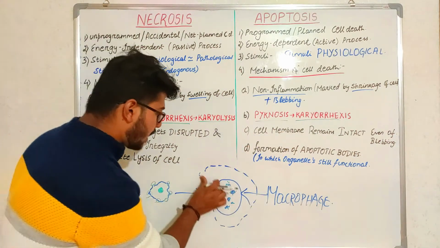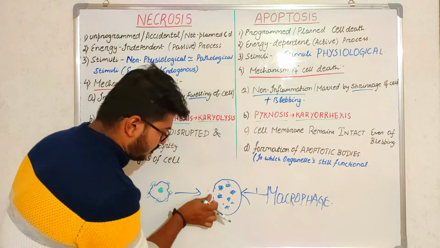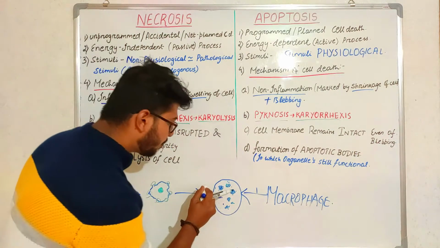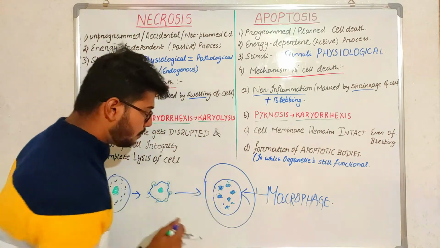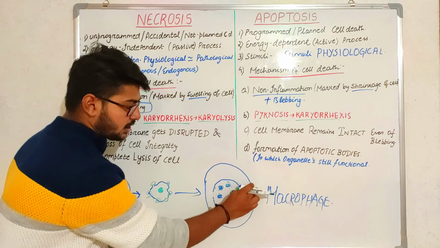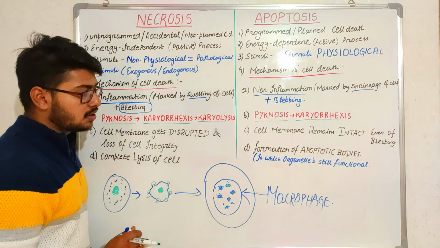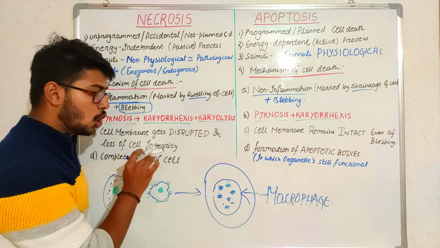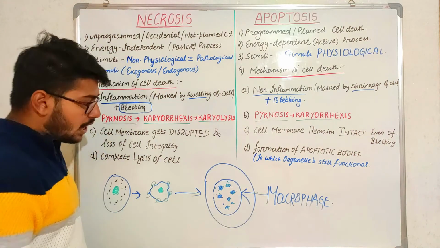In this condition, the outside cell membrane is normal as it is. Obviously this will be small, but I have magnified this structure. The outside cell membrane will remain as it is. So there will be no lysis or disruption of the cellular membrane. And finally what will happen,